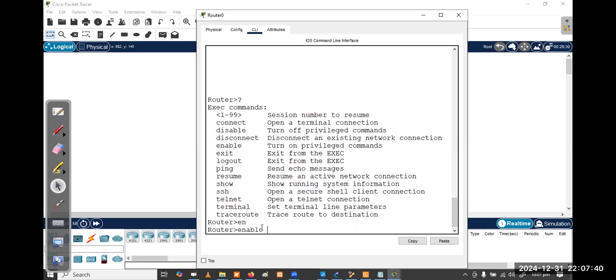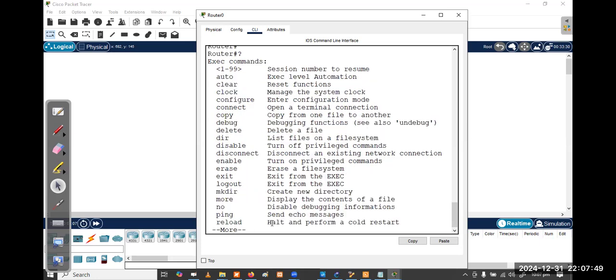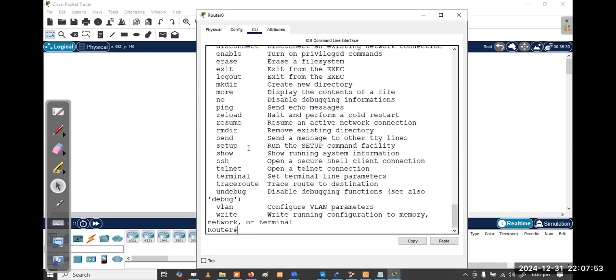If you type en or enable, you go to privileged exec mode. In this, you can see some other commands as well.